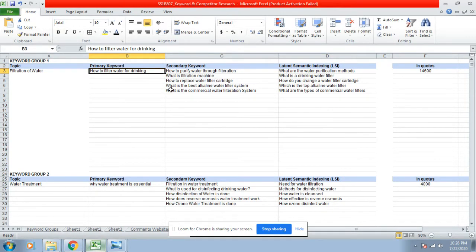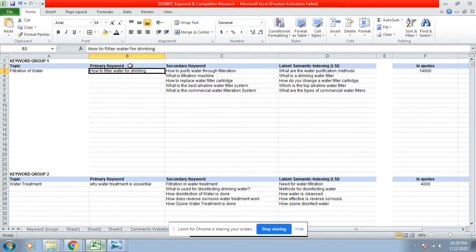So why do we need to do competitor research for primary keywords only? Primary keywords have the highest number of searches, and they are the ones we use for building our blog.